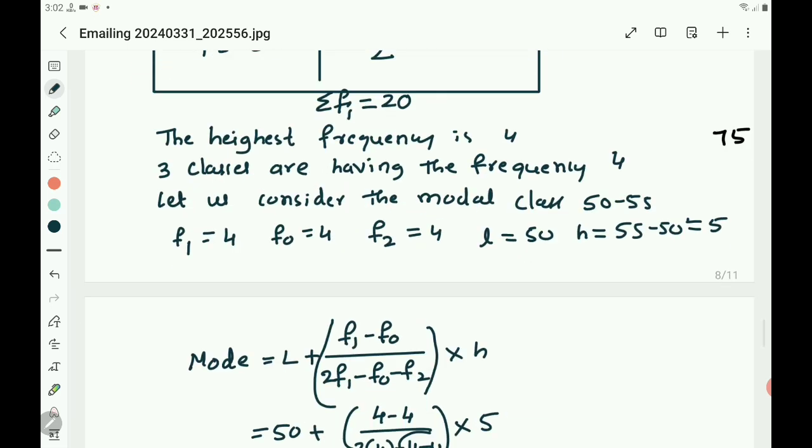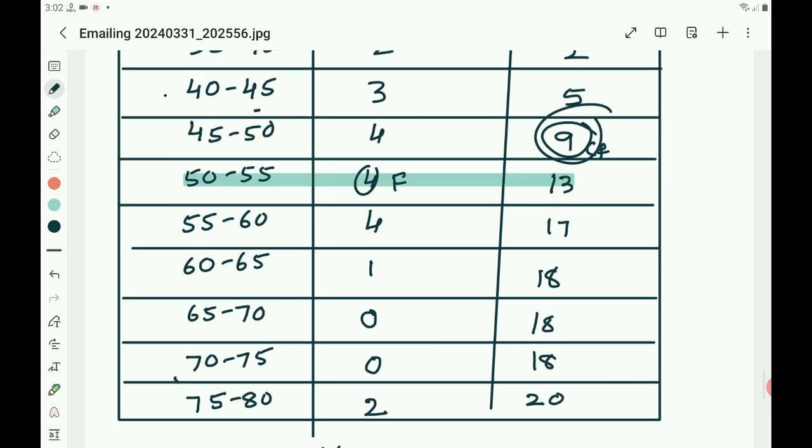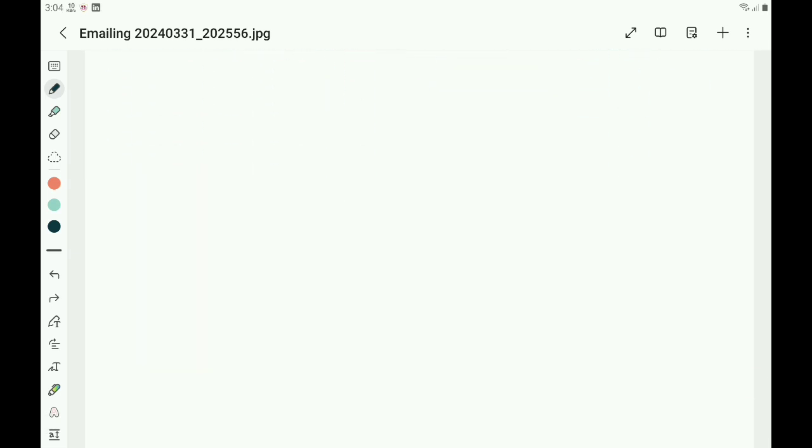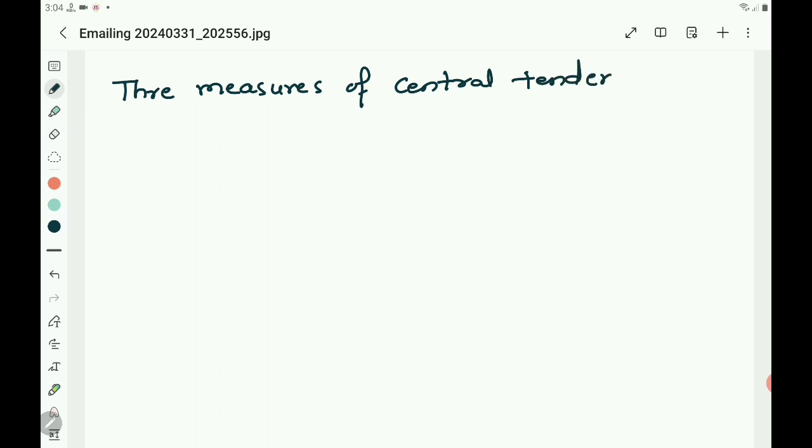Then you write three measures of central tendency of weight of 10th year students are: